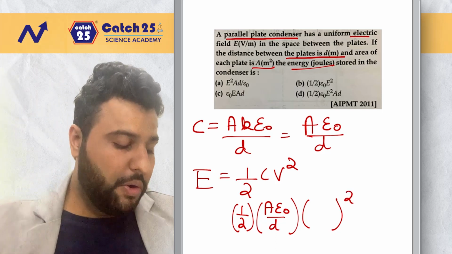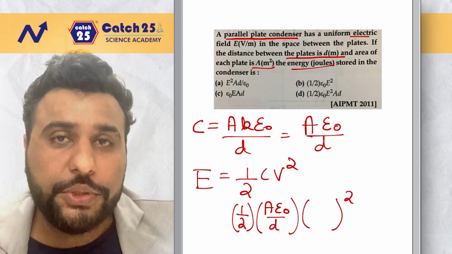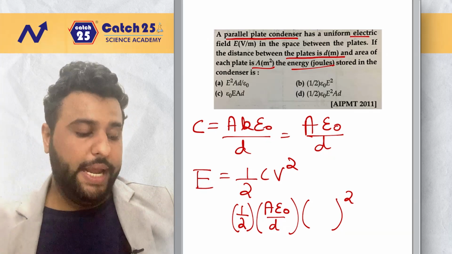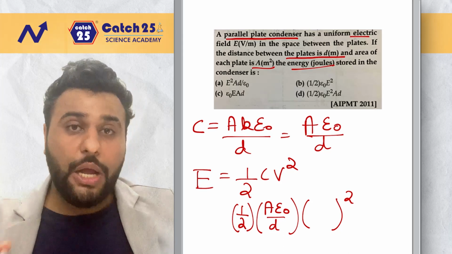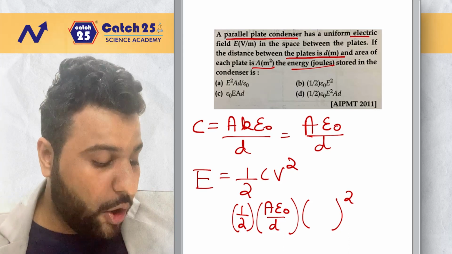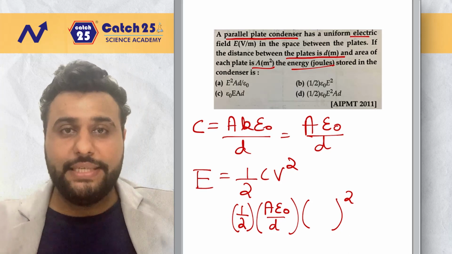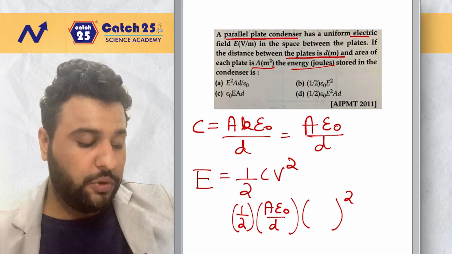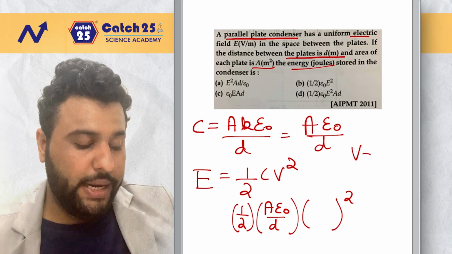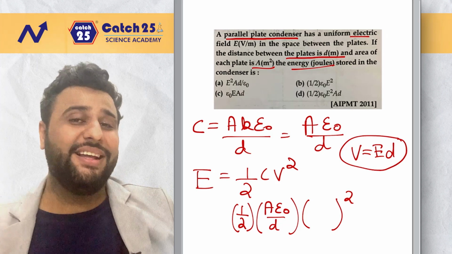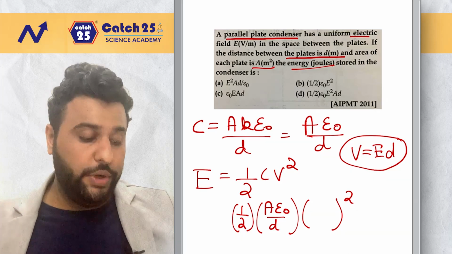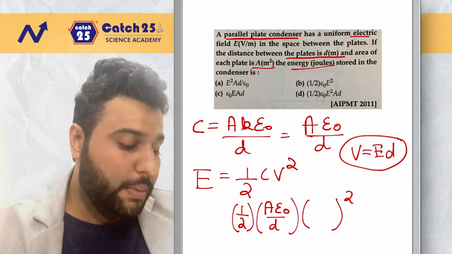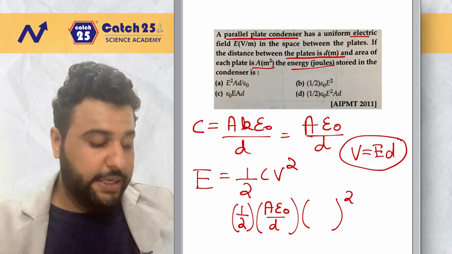Now, if you look at the options, you don't have any option with V. Just check the options A, B, C or D. There is no option which has V. But can you see options have D and E, that is distance and electric field. For that you should also know the formula V equal to ED. This is another basic formula for the people who have attended the classes. From the few table you will get this formula that V is equal to E into D. For people who do not know, please look at the solution screen.